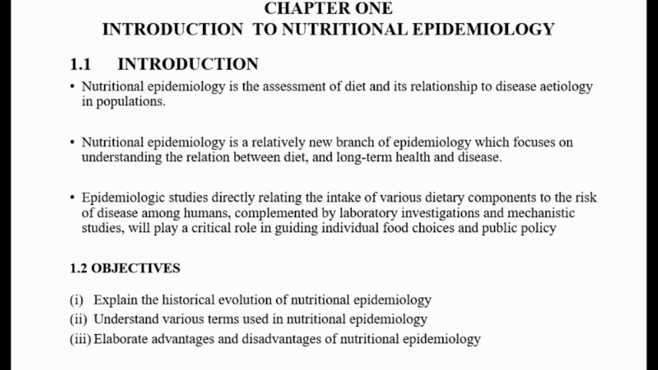This is an introduction of nutrition epidemiology, whereby it shows that you need to know how to understand the relationship between the diet and the health outcome from that diet. Because you can be exposed to certain agents like,